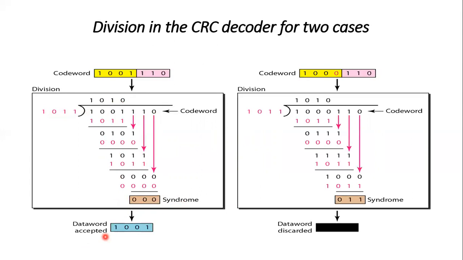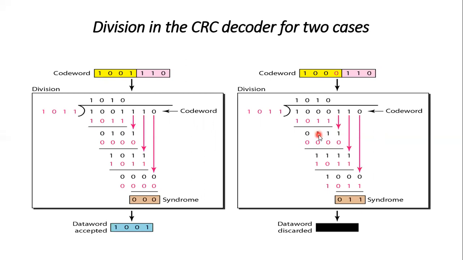Okay. Suppose that this digit has been changed while transmitting. So instead of 1, it changes to 0. Now what happened? Now 1 0 0 0 0 1 1 0 divisible by 1 0 1 1. Now one time, so 1 0 1 1. So 0 1 XOR is a 1, 0 1 is a 1. So 0 0 is a 1, 0 1 1 is a 0. Now we take this one here.